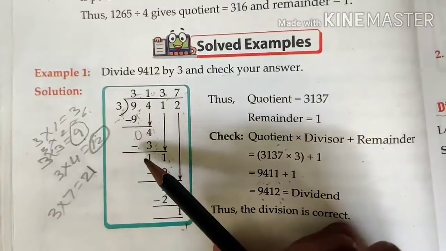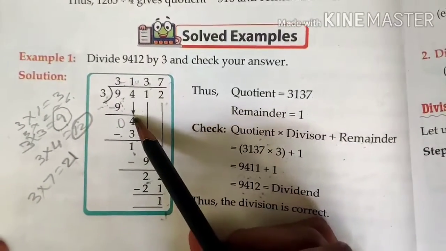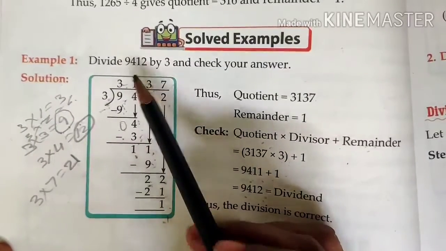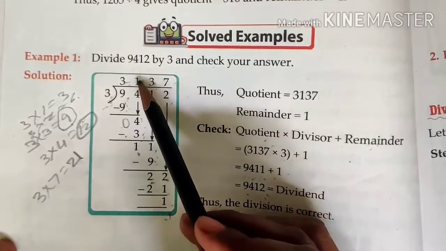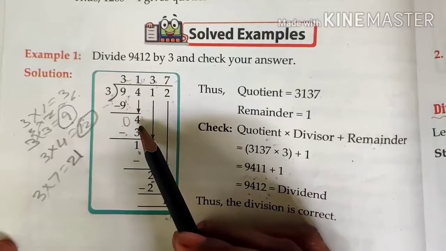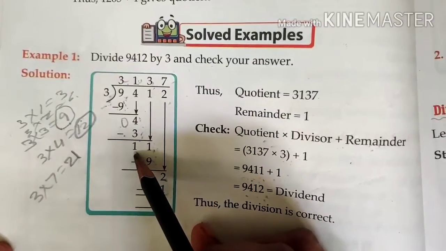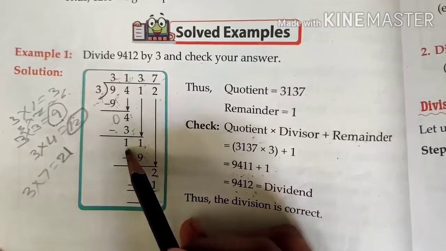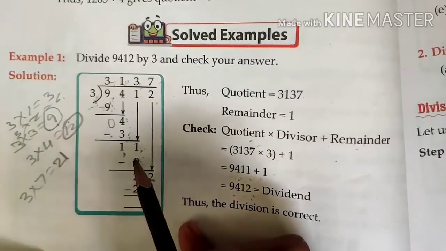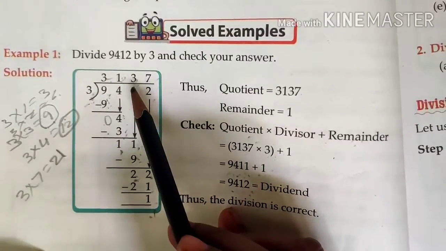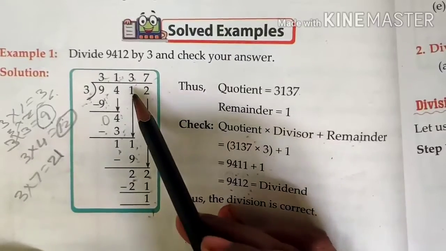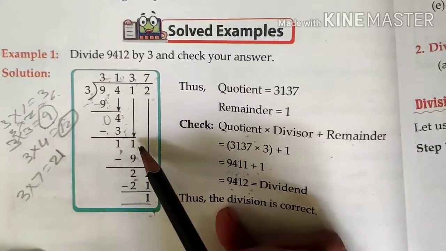And again you see how many 3s are there in 4. That we already know, 3 1s are 3. 1 three is there in 4. So write 1 as the quotient, write 3 below 4 and subtract it. We get 1. Here 1 is smaller than our divisor, so division is not possible. Then we are going to bring down the next digit, that is 1. Now it became 11.